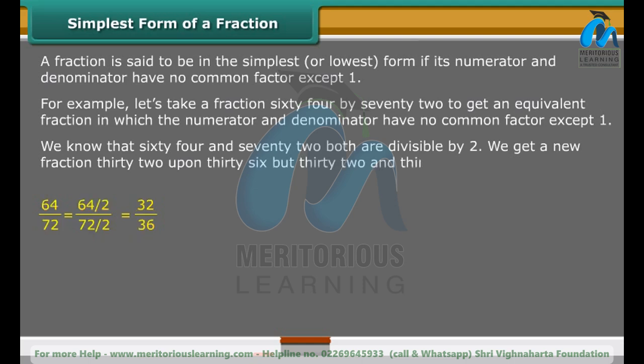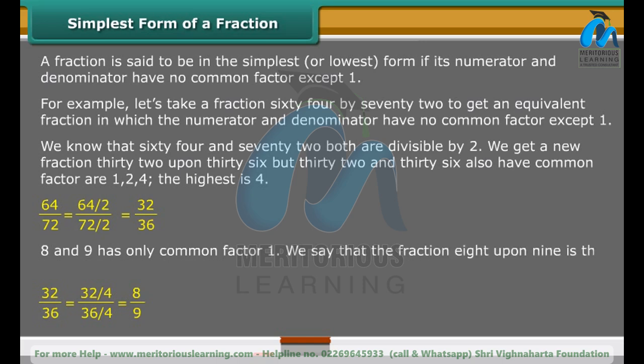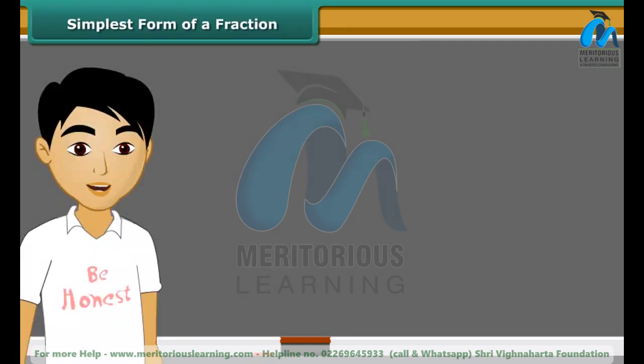32/36, but 32 and 36 also have common factors 1, 2, 4. The highest is 4. 8 and 9 have only common factor 1. We say that the fraction 8/9 is the simplest form of 64/72. Students, the second method to find the equivalent fraction in the simplest form is to find the HCF of the